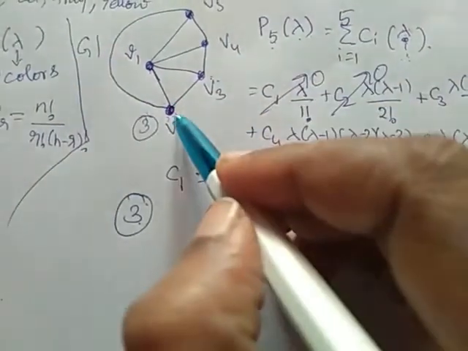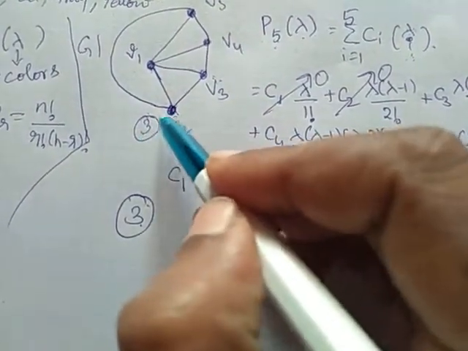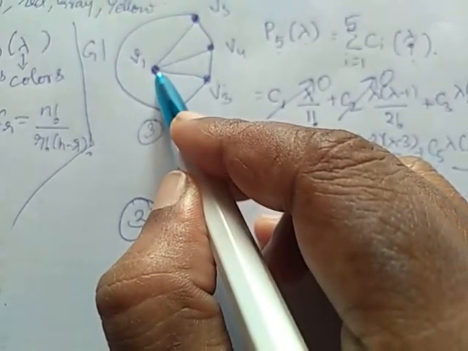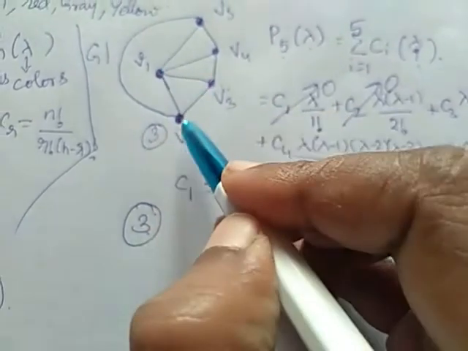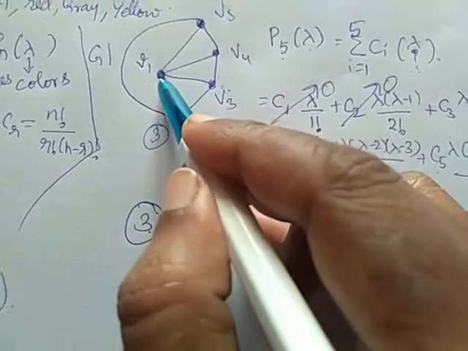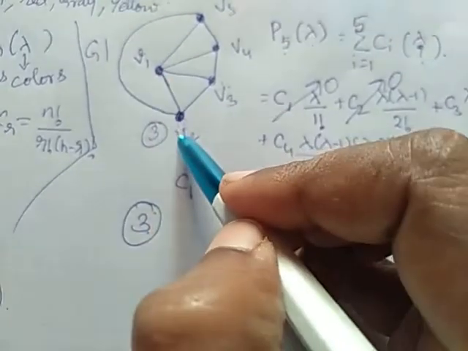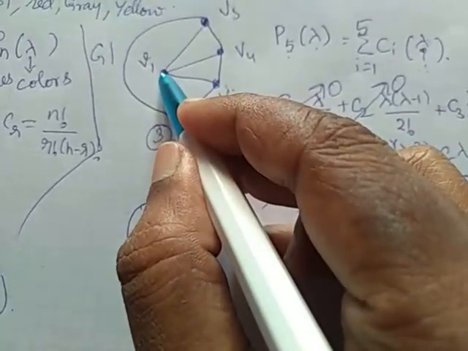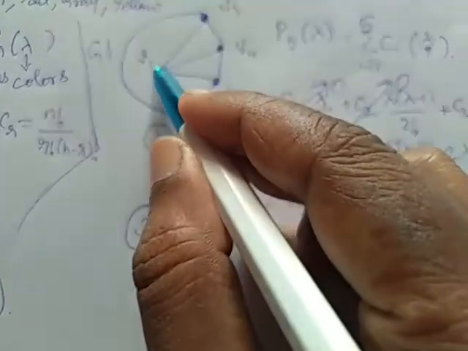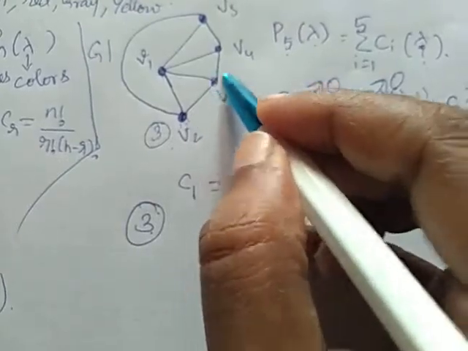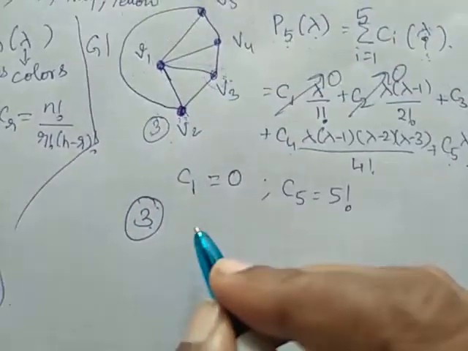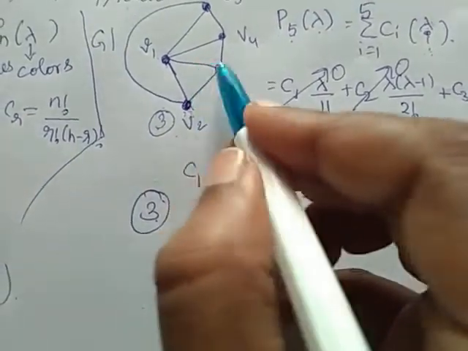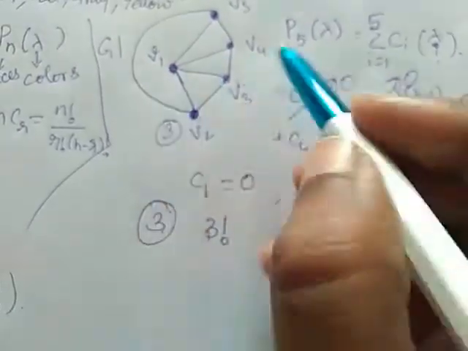When we choose the colors, here I am having 3 options. When I choose the first color here, the next should be other than that color, right? So suppose if I choose blue, this color should be other than blue, right? So here I am having 2 options, and here I am having 1 option, as I explained earlier. So 3 factorial number of ways we can color this one triangle, correct?